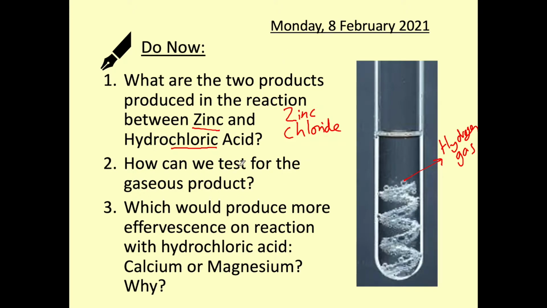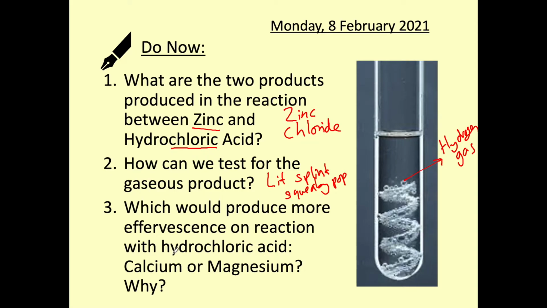So the next question is, how can we test for this gaseous product? And that's referring to the hydrogen gas. And the answer for this is using a lit splint. And if there is a squeaky pop, then we know that hydrogen gas is present. And the reason for this squeaky pop is due to the high energy that's released when the hydrogen gas is ignited and it reacts with oxygen. So because of that high energy release, that's what causes that squeaky pop,